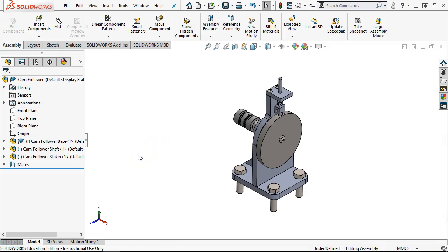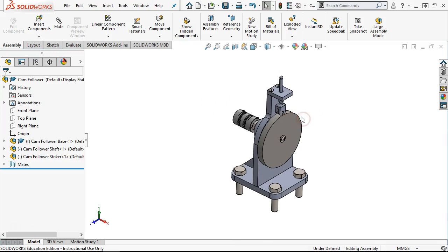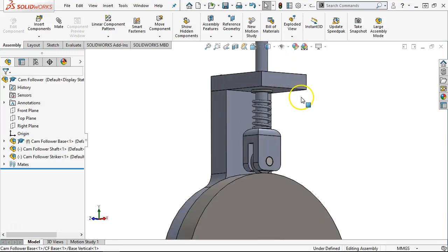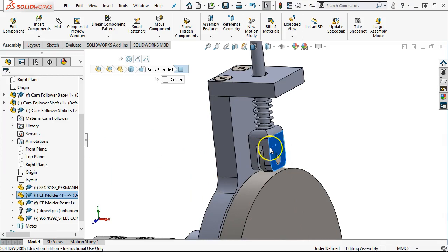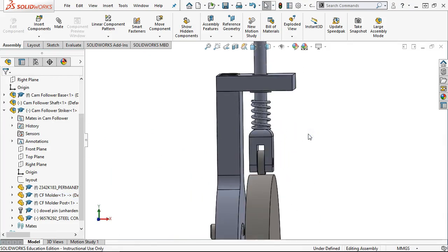So the intention was to have a video last night, except when I started adding fasteners, the base started jumping around and I wasn't real happy with the outcome. So after making corrections, I added a few more pieces and found out a few more things about the stack up. One, that the spring doesn't appear to be long enough, and then I didn't really see any point of making the, what do they call that? I'll find it, the molder,